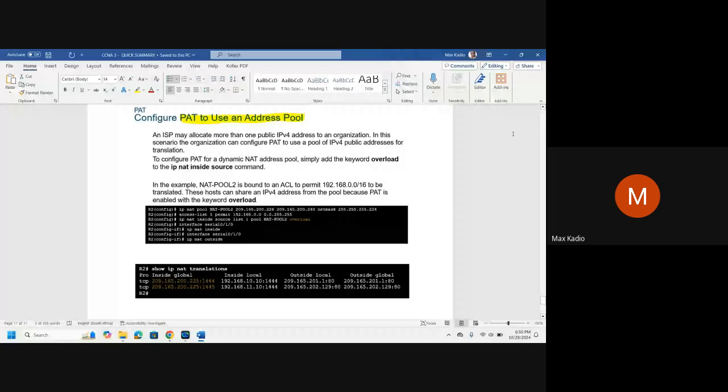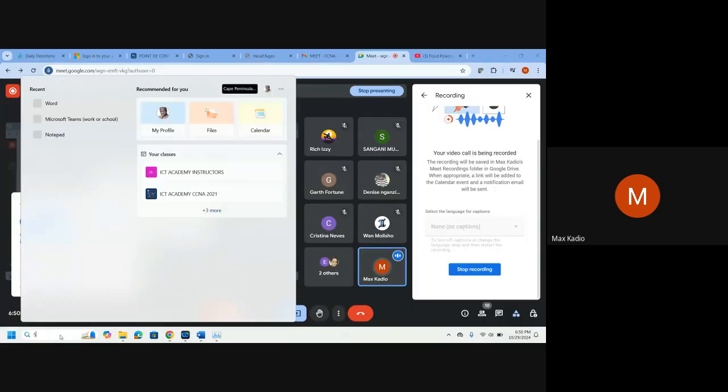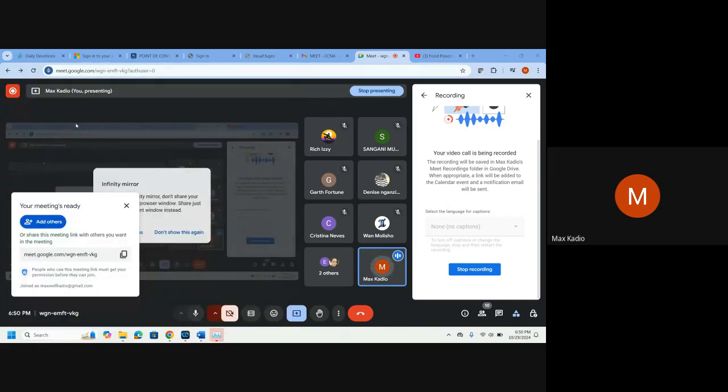Let me see if I can restart then. Okay, any other questions before I restart? Before I restart, let me see if I can copy the screen to send to the snipping tool. If I copy here,